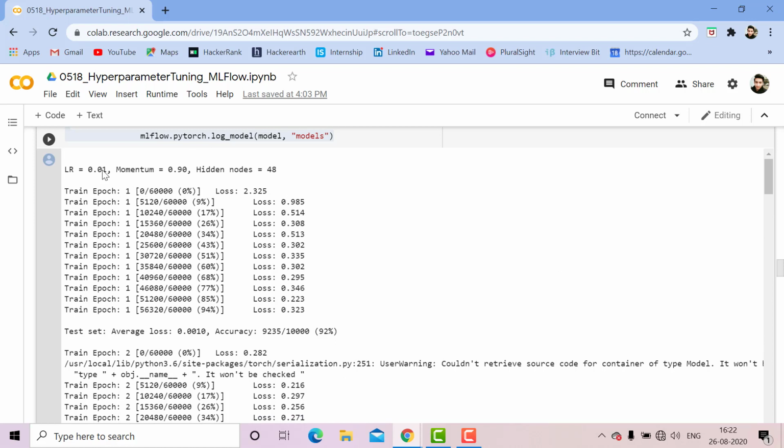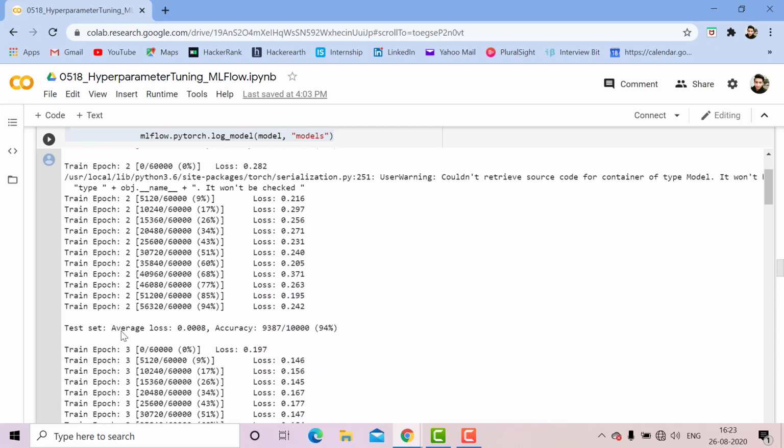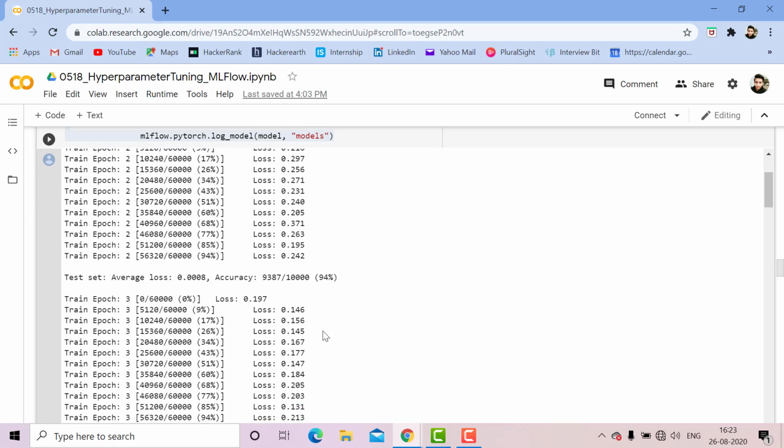Here LR is 0.01 and momentum is 0.90 and hidden nodes is equal to 48. And for test set, average loss comes out 0.0010 and accuracy is 9235 by 10,000 which is 92% accuracy. For train epoch 2, you can see average loss comes out 0.0008 and accuracy comes out 94%.